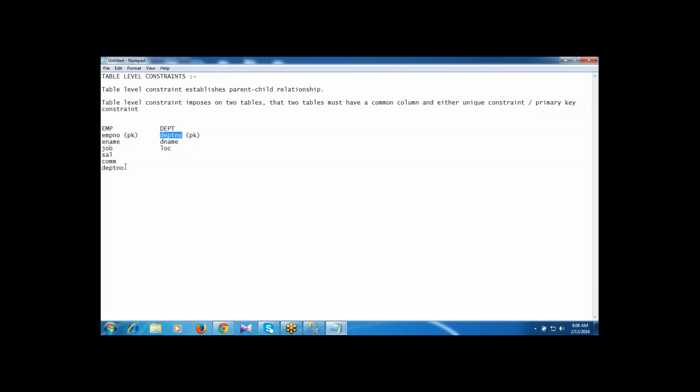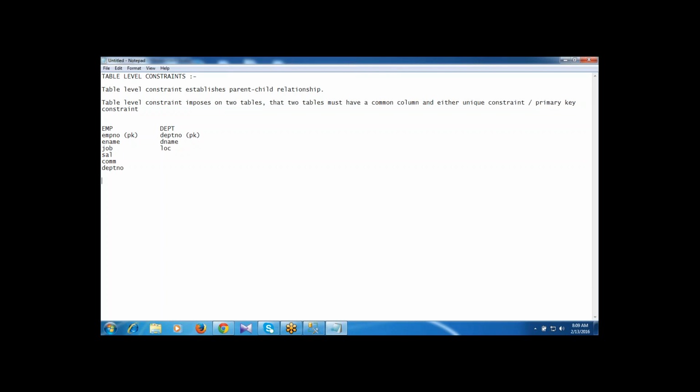Not only the EMP table and DEP table, you can take any table. That common column should be there, and you should have the primary key constraint on a column in a table. Then only is it possible to write the table level constraint to define the parent-child relationship.